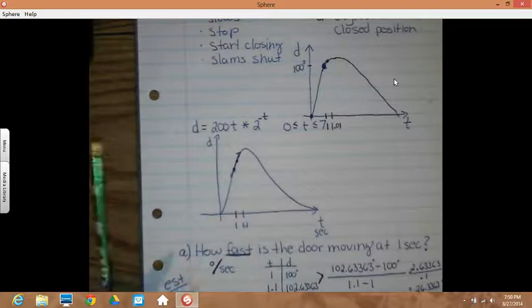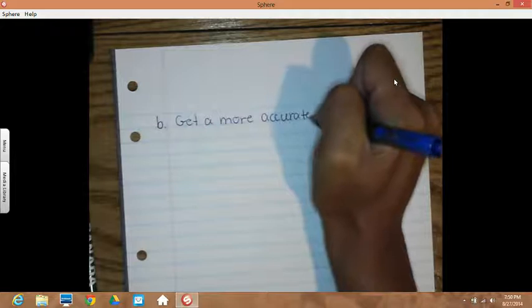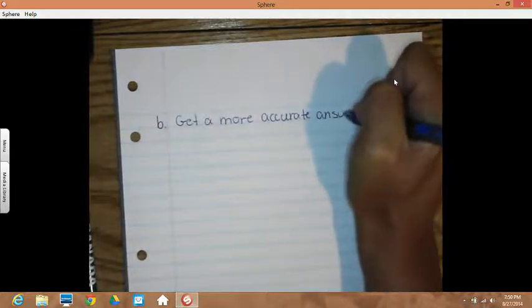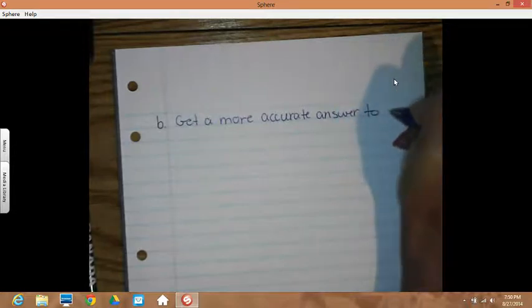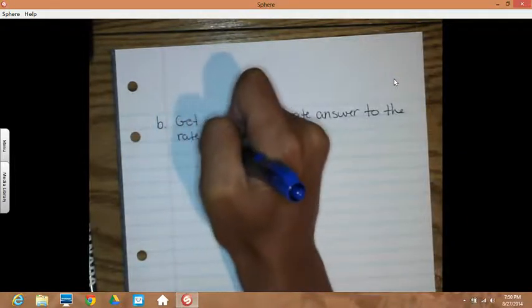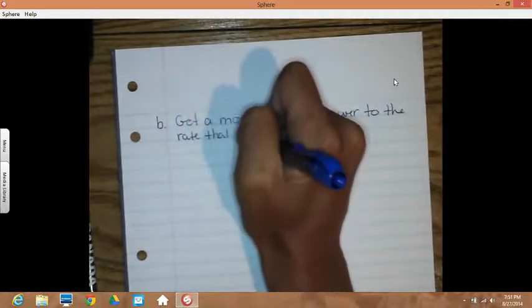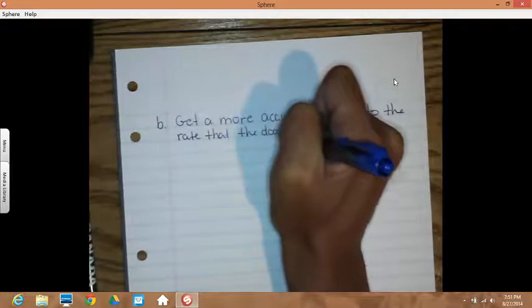Okay, we're going to get a more accurate answer in part B for how fast that door is moving at 1 second. Get a more accurate answer to the rate that the door is opening